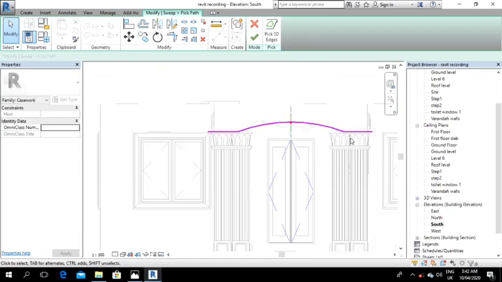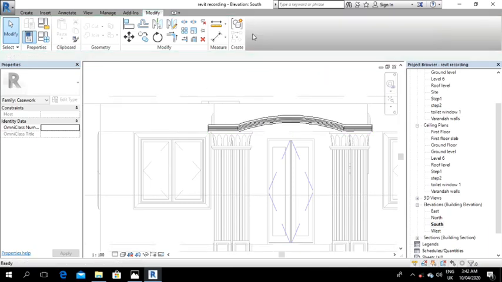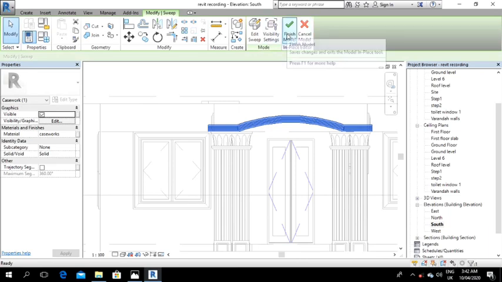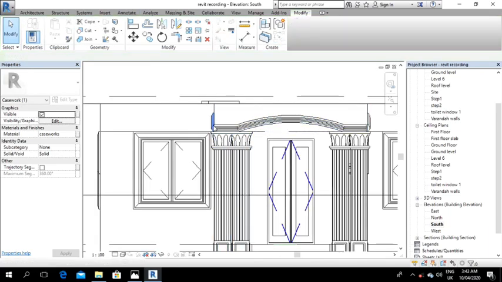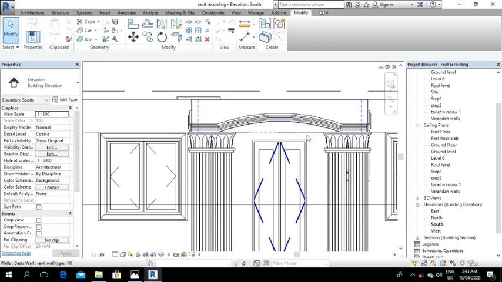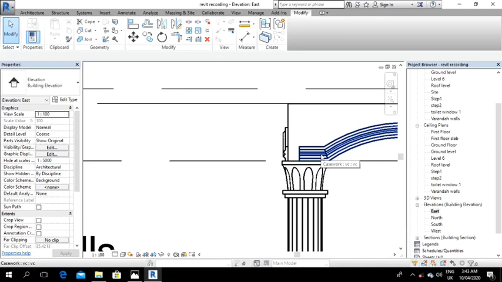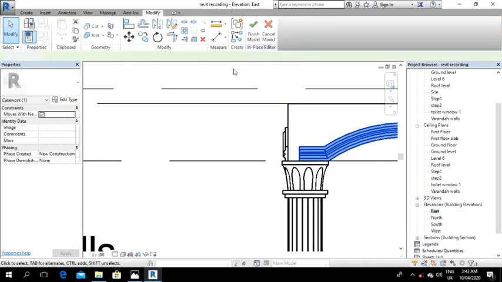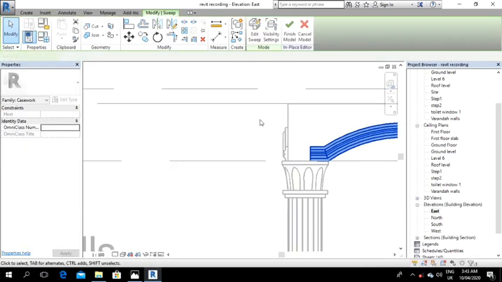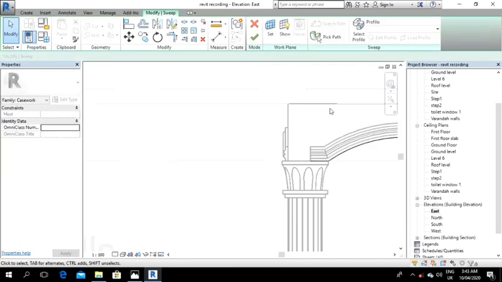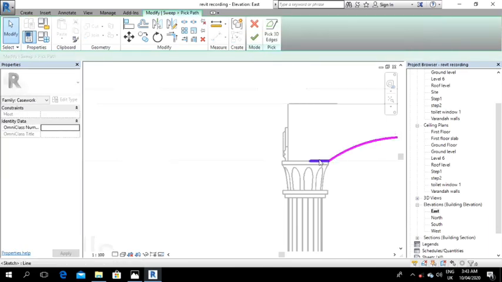Okay, make sure the IO port, click. Okay, finish. So you can see it has reached the edge. So we'll go to the east view and do the same. Just select this, edit sweep, select it again, edit sweep, pick point, and see, take it to the edge. Okay, then